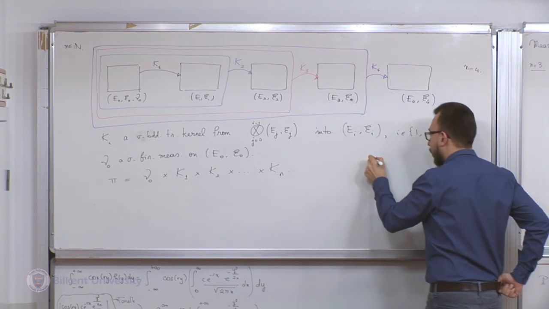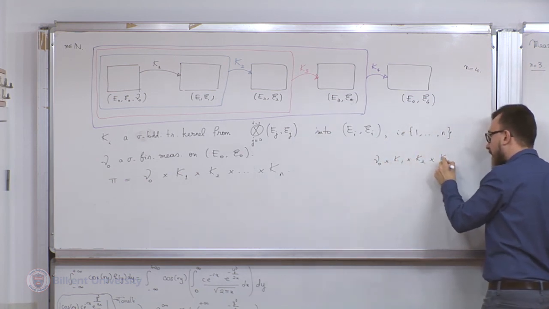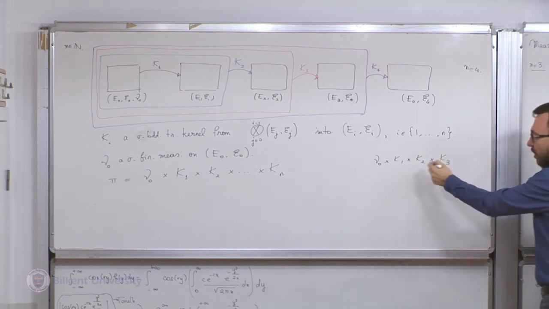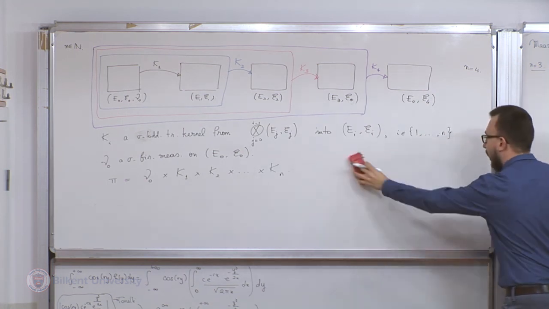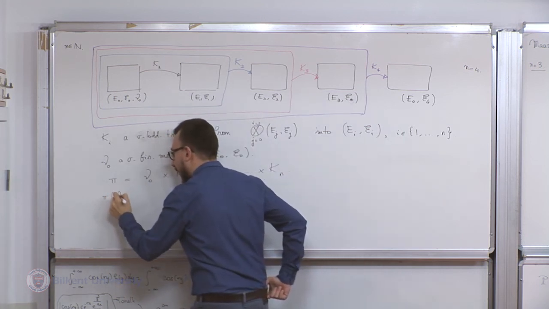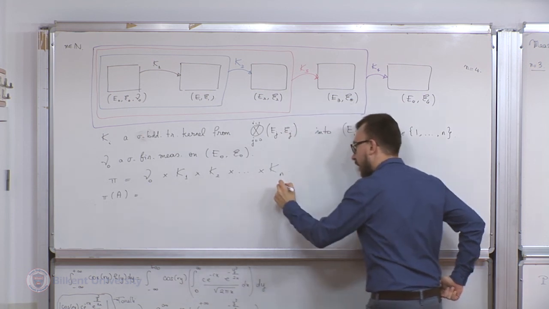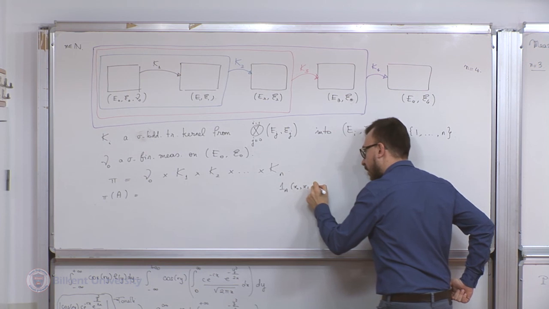So if you have nu 0, K1, K2, K3, you can define those kernels, right? Or you can define it in one shot like this. So pi of A is defined as the integral of the indicator of